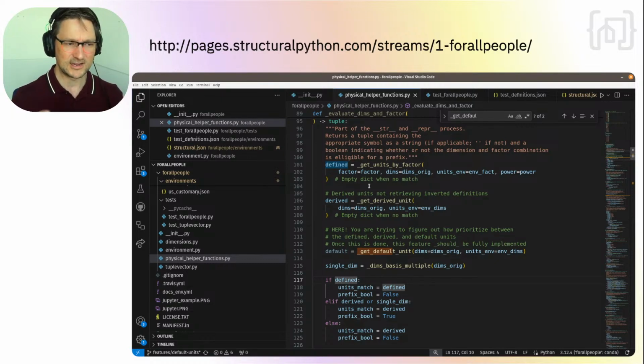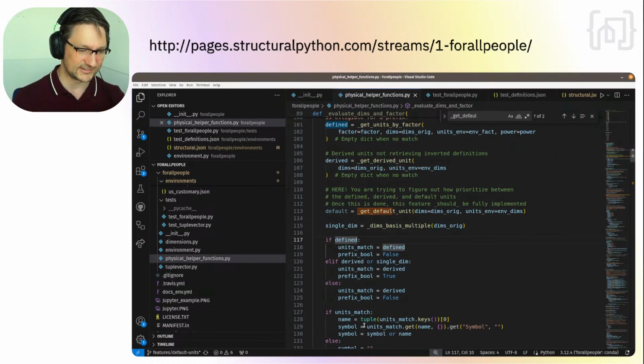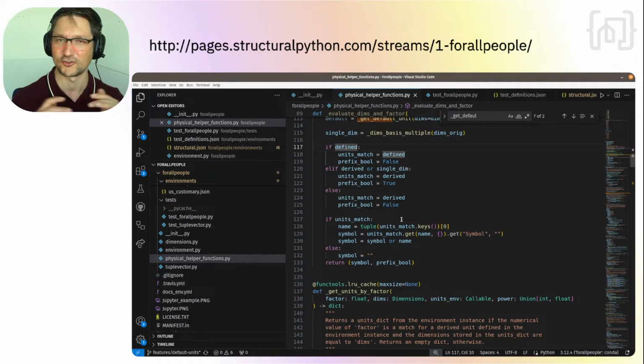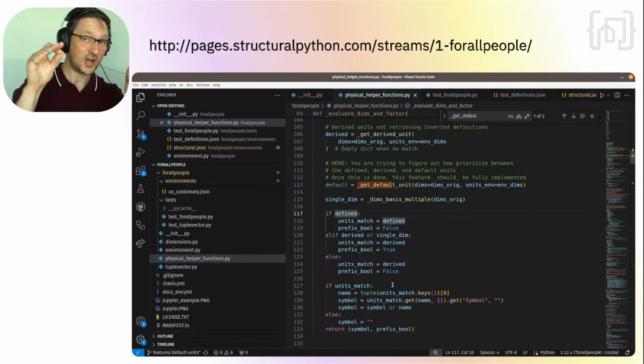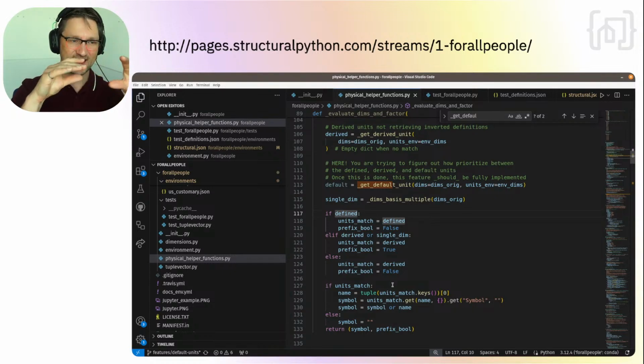So that way I'm just overwriting the value of defined, and then I don't need to worry about the rest of this decision tree, because now defined is a hit, and then it takes this path here through the rest of the decision tree, and everything else just works the exact same. So if I add my logic on top and adjust how defined and derived values are assigned, then I can put my second layer of logic on top of the existing logic